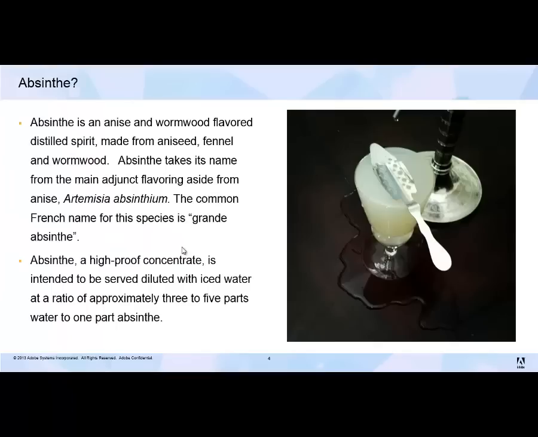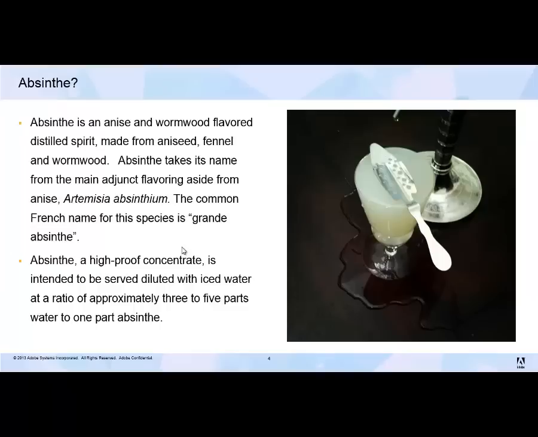And you might be wondering what absinthe is. Most people have heard of it, but they don't know exactly what it is. It's basically a spirit that contains 3 distinct botanicals. It can, and often does, contain more. And it's distilled at a high alcohol level, which is then diluted or tempered with water.